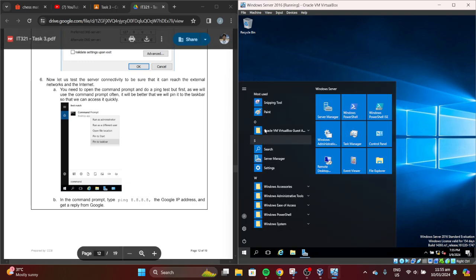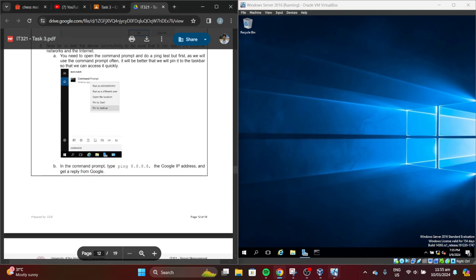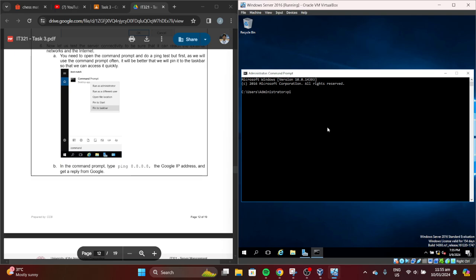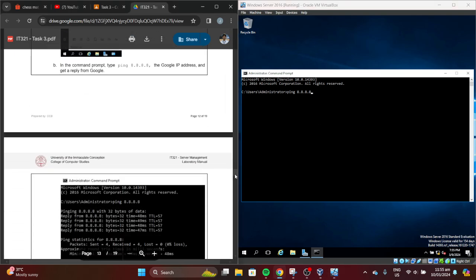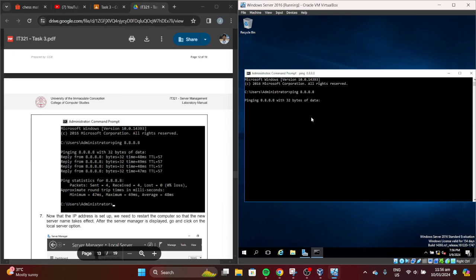Taskbar, Command Prompt, pin to taskbar. Type ping. Unreachable.